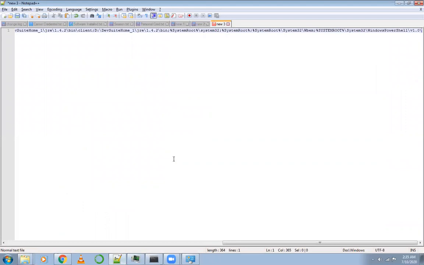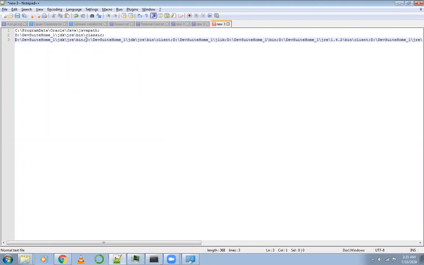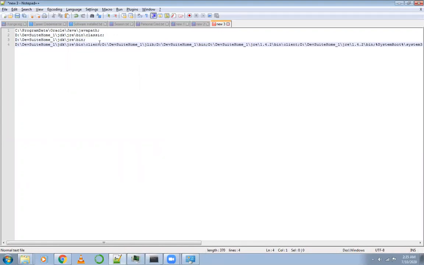So if you see it here, these paths are stored in the system path by default. We can also observe that each path is separated by a semicolon.